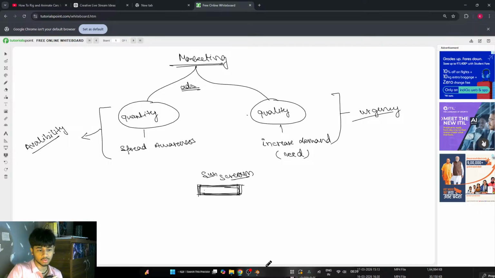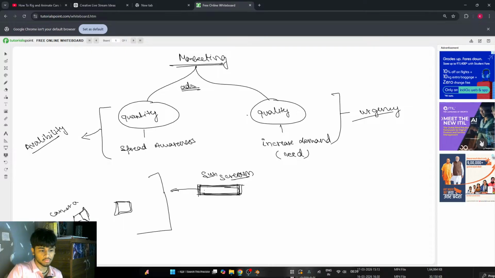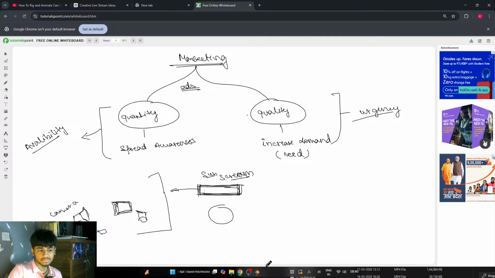So the first one which I'm talking about, what they will be doing is, they will be just showcasing like, this is our product, and giving different angles from the camera. The background is really matching with the vibes of the color of the product, and there are different angles, the product is being rotated in its place, and we are just showcasing that this is our product. So this comes under the quantity. We are telling you that this product is available whenever you need.